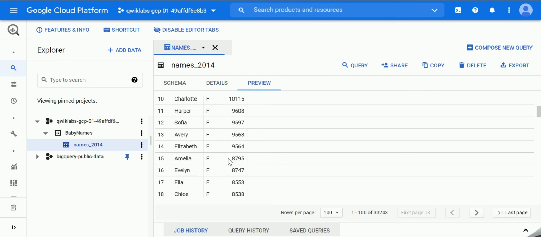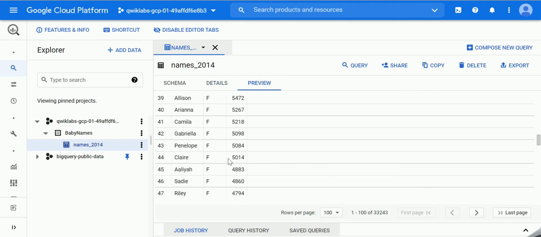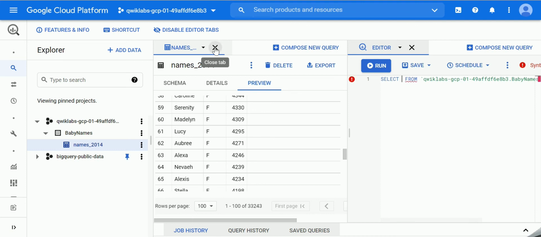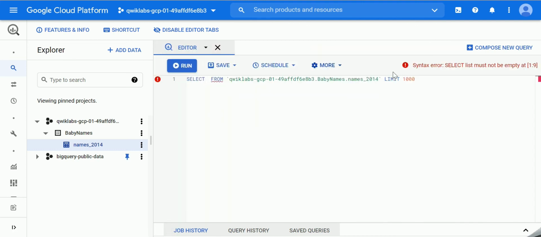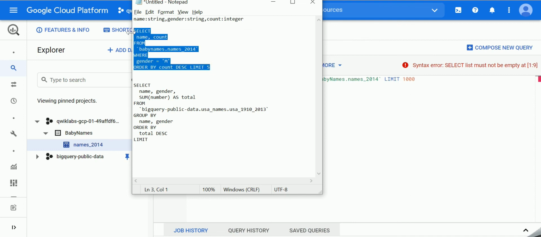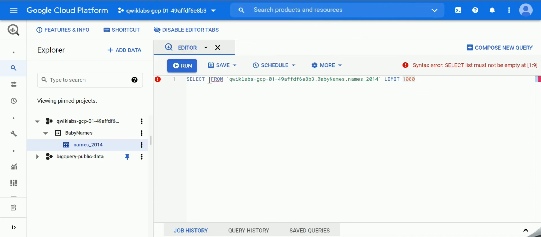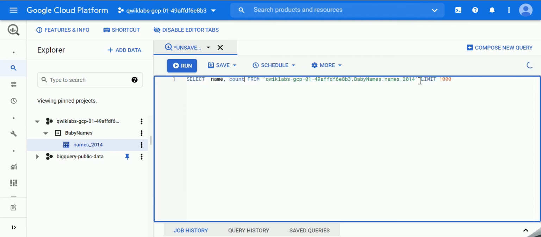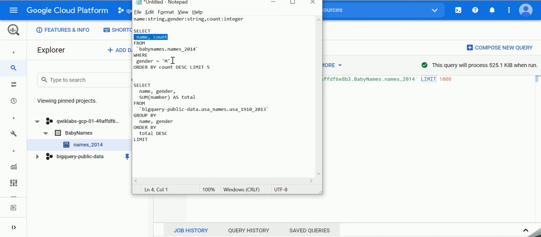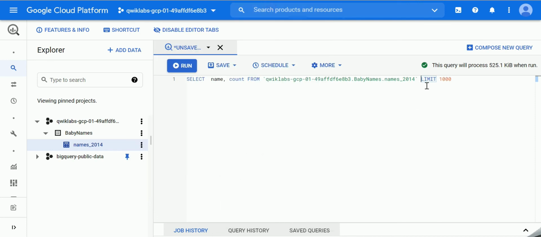And as I said earlier, you can preview the data in this preview tab. So you can just click on the query. The editor is opened, and in that you can select name and count from this particular table, and also check whether the gender is male.